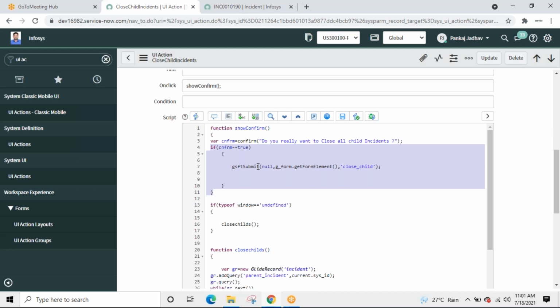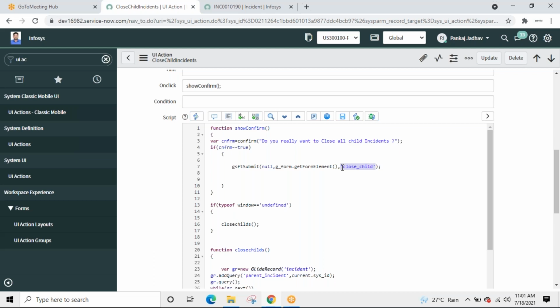Forget about these two parameters. These will remain as is. This is the syntax we follow, this null and this. Let it be like this. The main thing is the action name. This can be even Pankaj, whatever action I want. It can be any variable name, any name could be there.